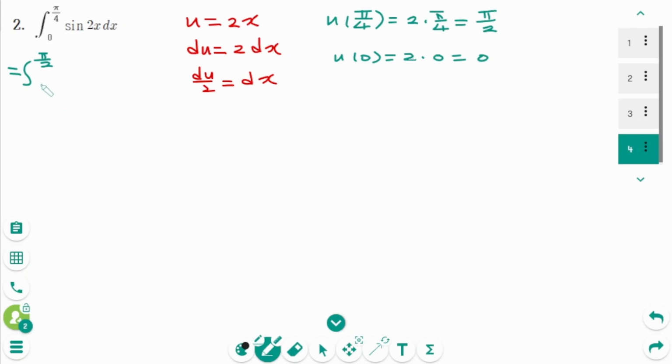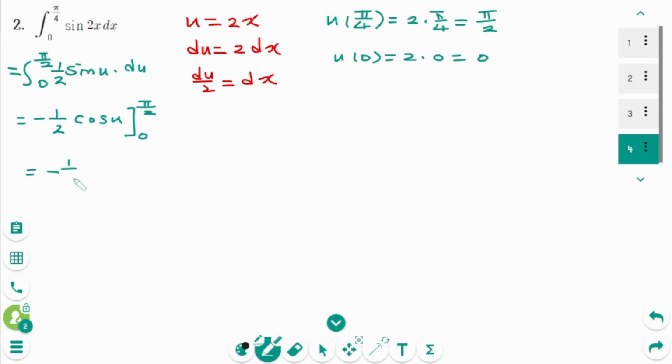So the lower limit is 0, and sine 2x is sine u. Then dx equals du over 2. So 1 over 2 integral of sine u is minus cosine u from 0 to pi over 2